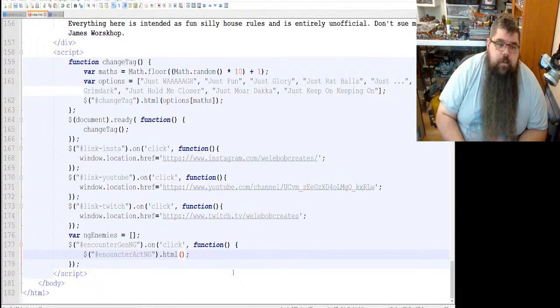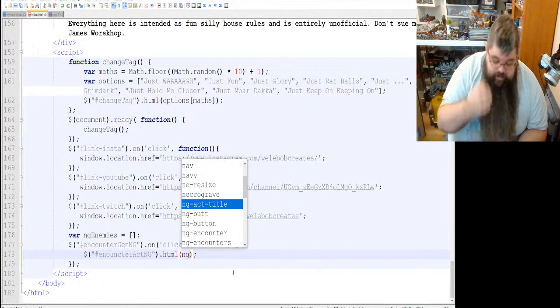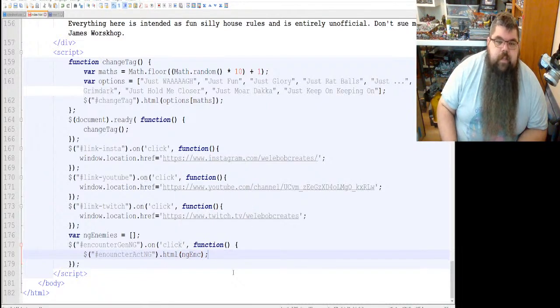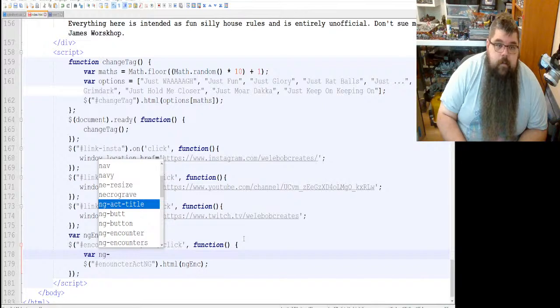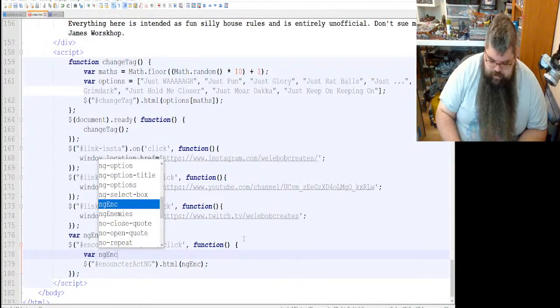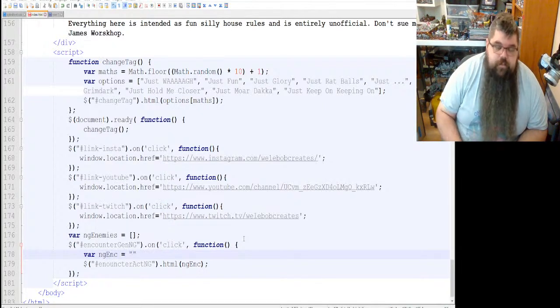And what we're going to do is replace this with a thing called ng inc count. Now we need to define that. Var ng and count equals blank string, empty string, sorry, like that.